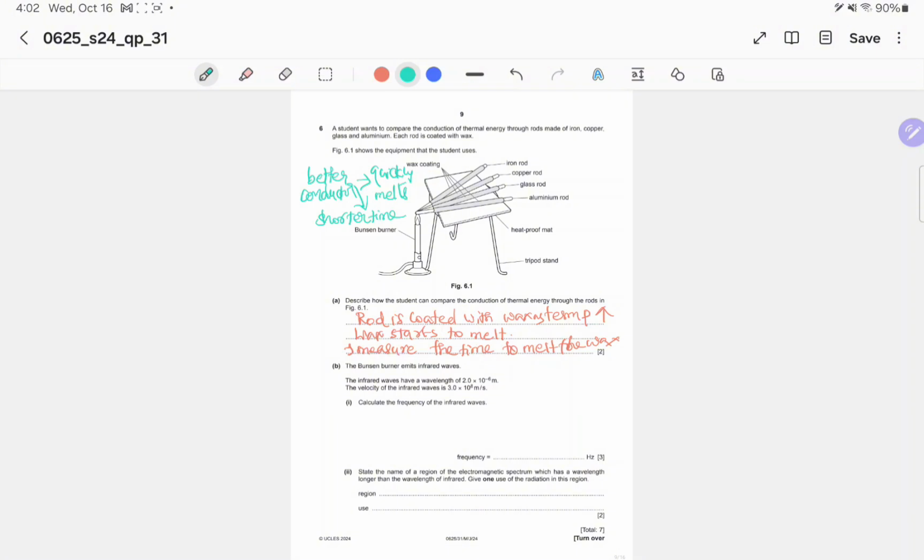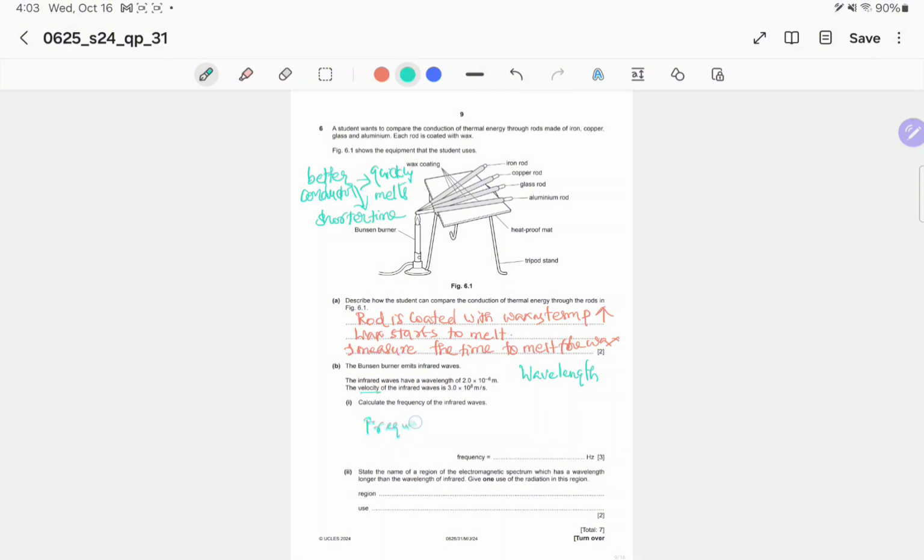The B question: a Bunsen burner emits infrared rays. The infrared waves have a wavelength of 2 times 10 to the power minus 6 meters and the velocity of the infrared rays is 3 times 10 to the power 8 meters per second. Calculate the frequency of the infrared. Wavelength is given as well as velocity. So frequency equals,